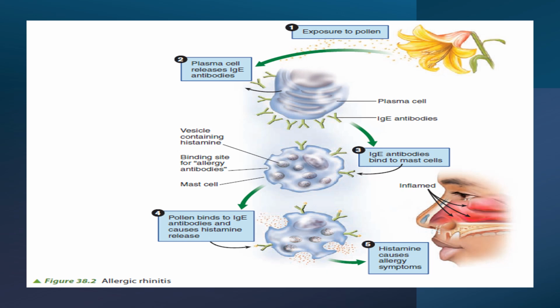For the pathophysiology of histamine, there will be exposure to the different pollens, depending on the type of pollen that a person is allergic to. Then the production of immunoglobulin E antibodies by the plasma cells, wherein the plasma cell would spread it out throughout the body. The immunoglobulin E antibodies will bind to the different mast cells that are present, especially on the patient's nose.